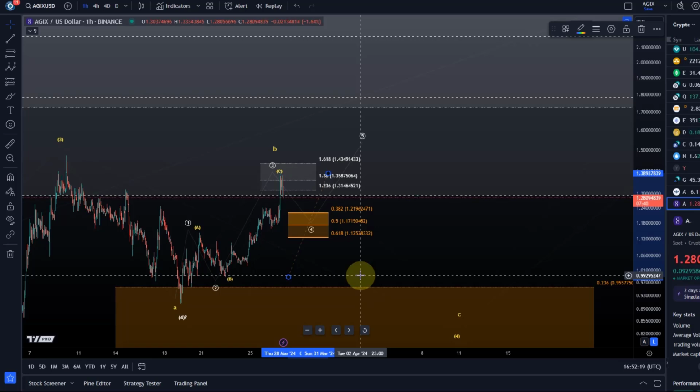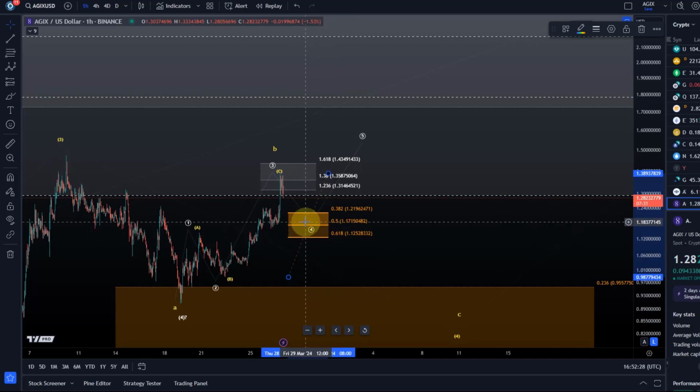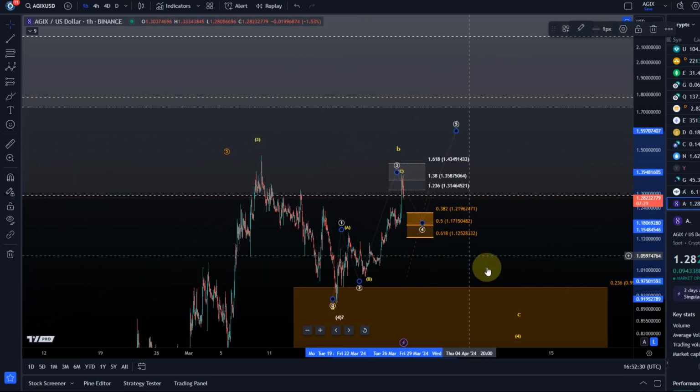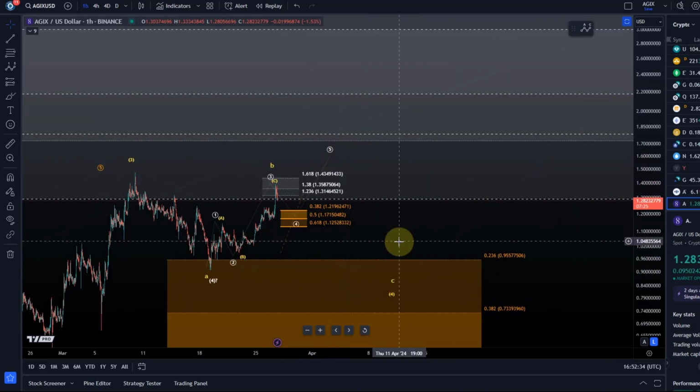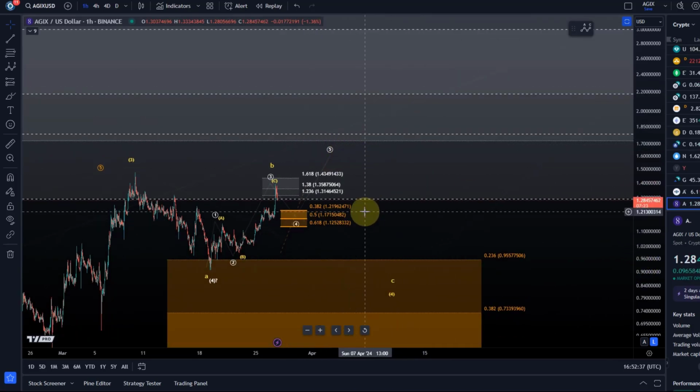So it's the $1.12 level. If anybody's looking for short-term support, best I can offer is the area between $1.22 and $1.12. If that area is holding, one more high in wave 5 is possible. But then only after these 5 waves have formed, really, the next interesting long trade setup comes up, I think,